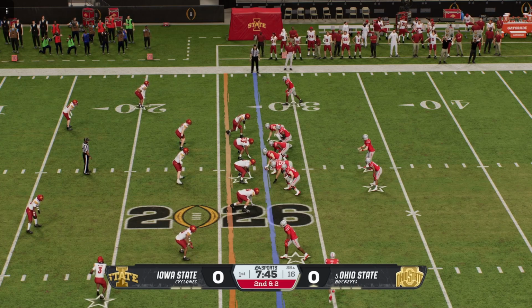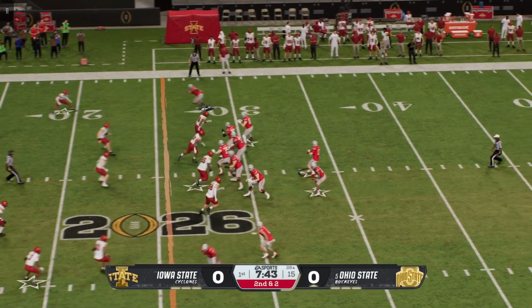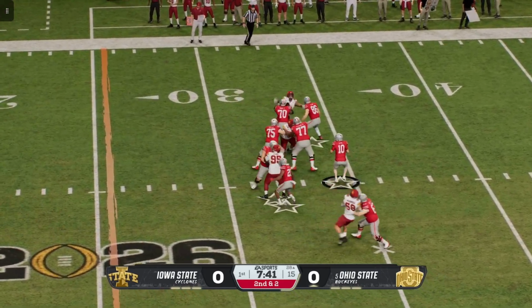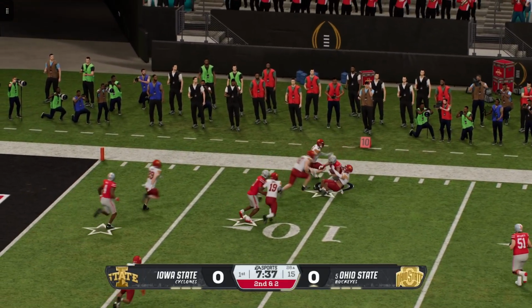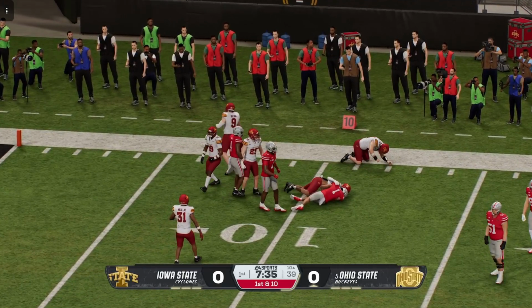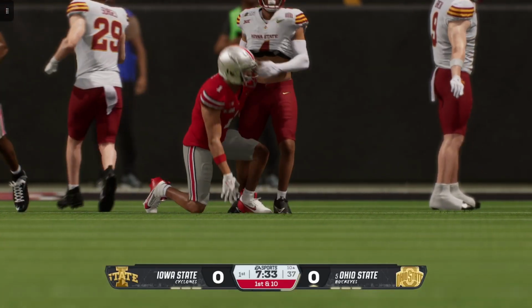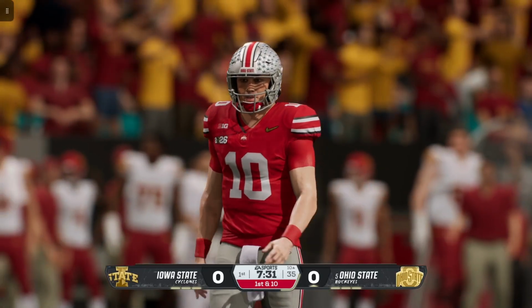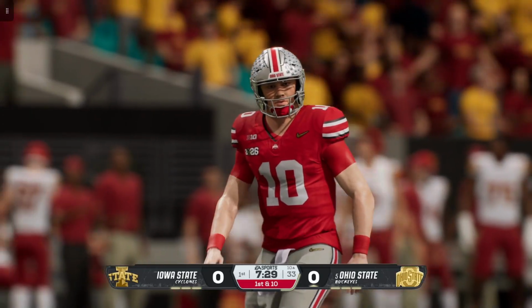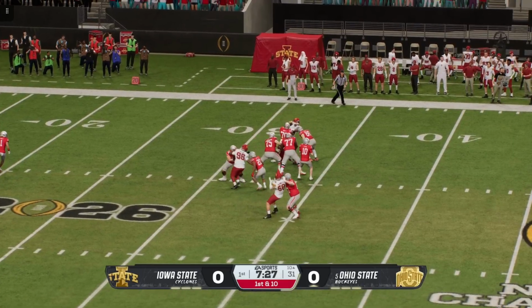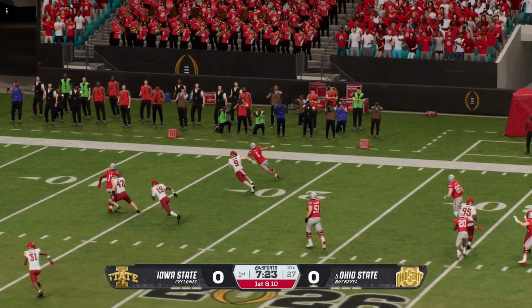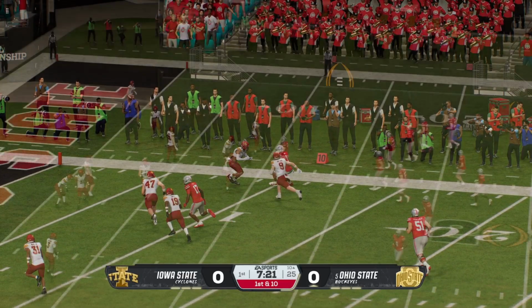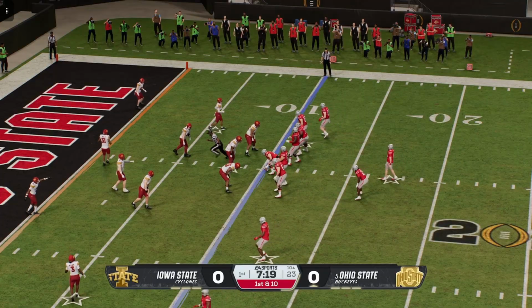The pre-snap motion from the offense. Looking downfield, it's Sayin. Catch made in space. Look out. They bring him down, but that play will set up a first and goal now at the 10. The defense sits back in a zone coverage. Good job here by the quarterback, recognizing that soft coverage, and he hits the routine drag route underneath for a first down. The Buckeyes will have 1st and 10 here.